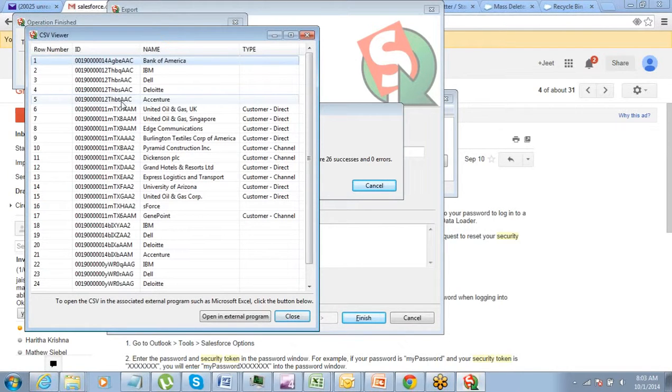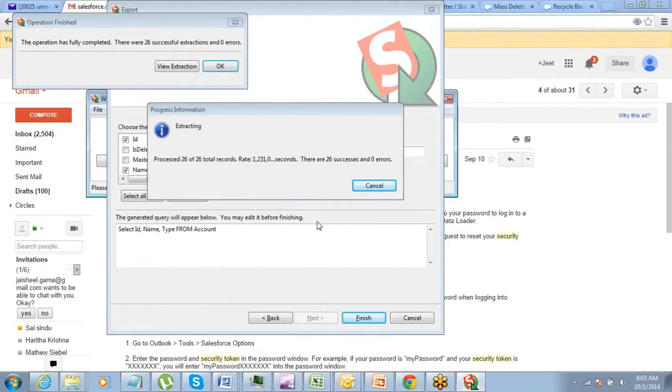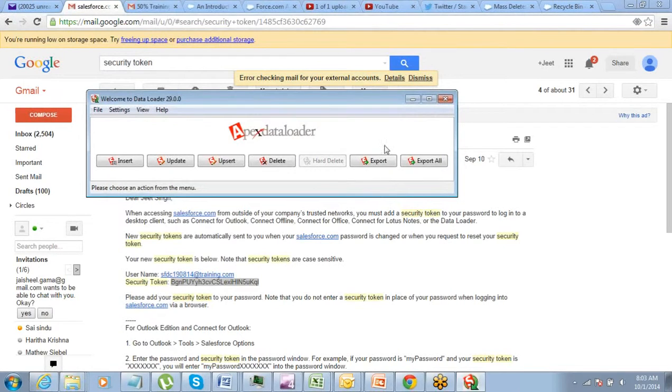ID is nothing but a field. Okay, it's an auto-generated field. Salesforce automatically assigns an ID to every record which is created. All right. So you just have to supply the ID for deleting those records. So I have this file here on my system. Now let me pick that file from the desktop. It's saved on my desktop.